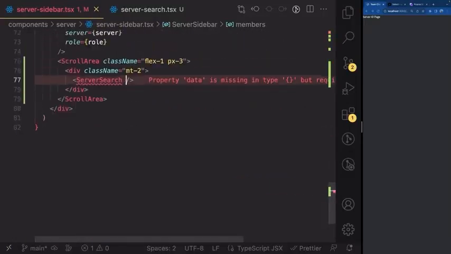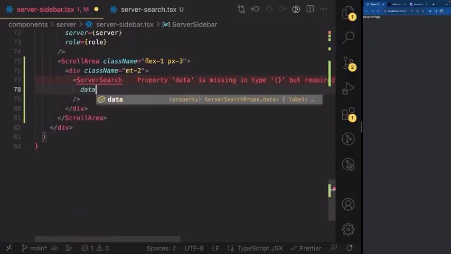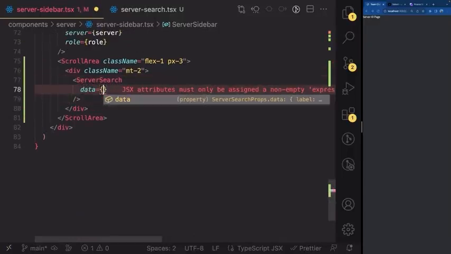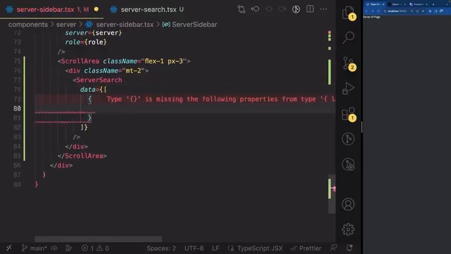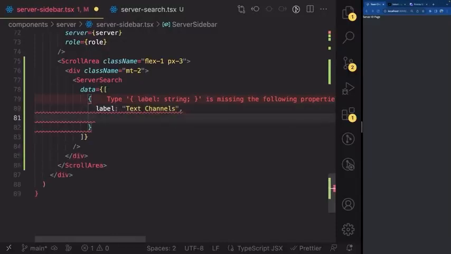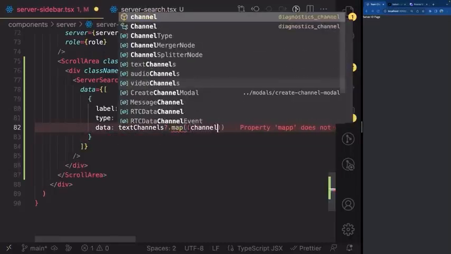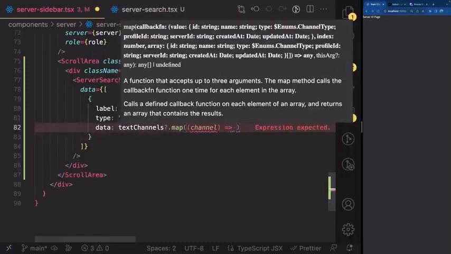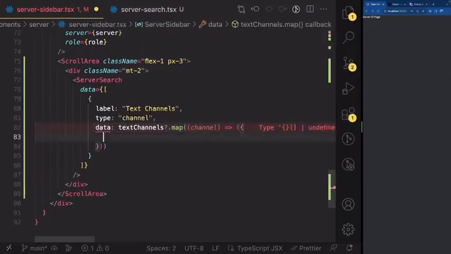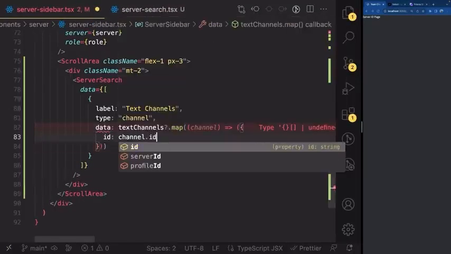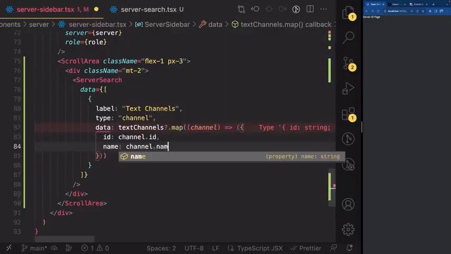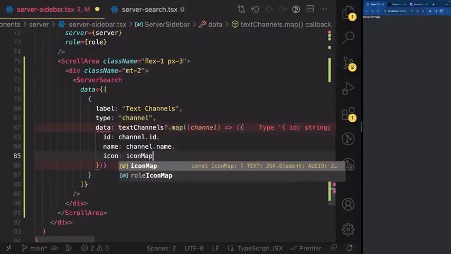So let's go ahead inside of this server search here, and let's write data, which is going to be an array of objects. So first object is going to have a label of text channels like this. It's going to have a type of channel. It's going to have its own data, which is going to be text channels (map), get the individual channel like that, and return an immediate object like this with an ID of channel.id, name of channel.name, and icon of icon map,